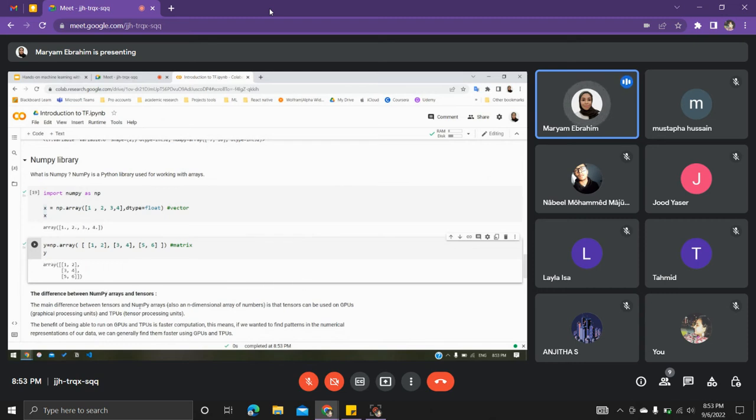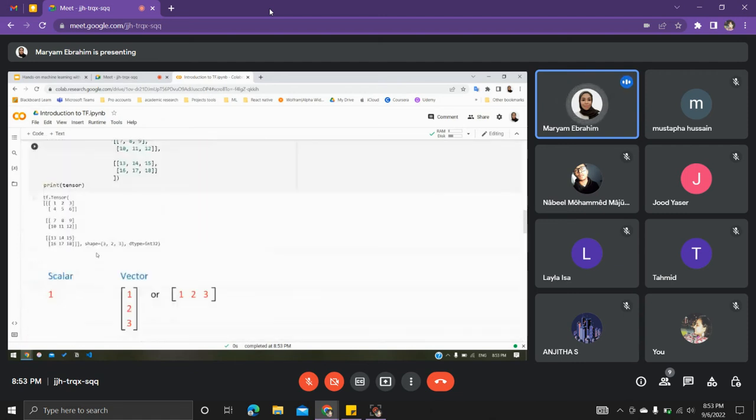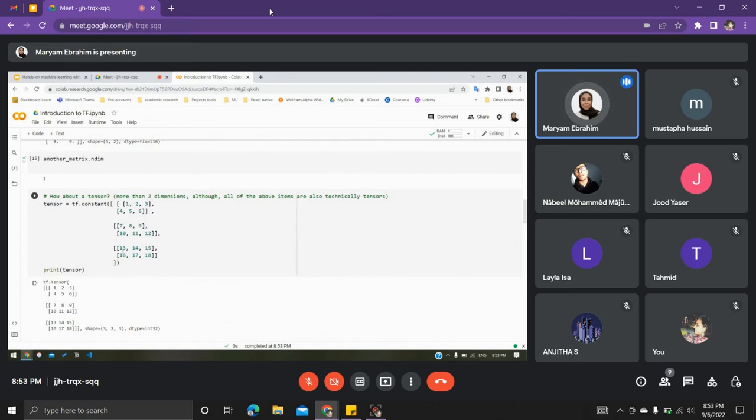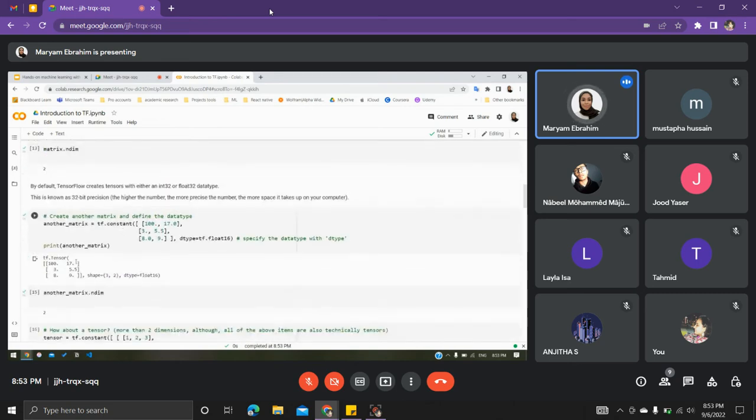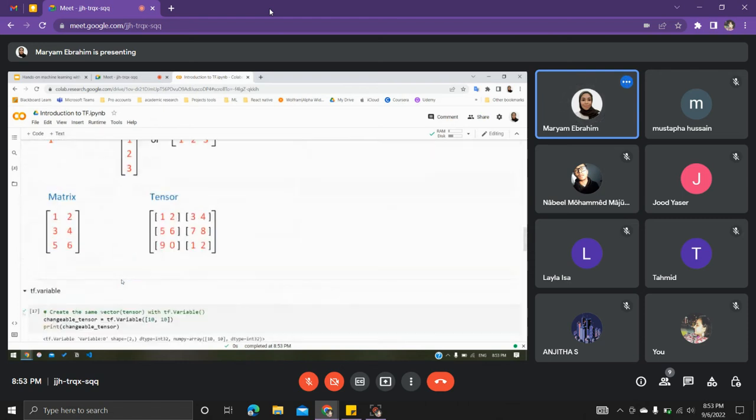So now the question is, can we do the same thing that we did with tensors? It's just the same. There is no difference. So